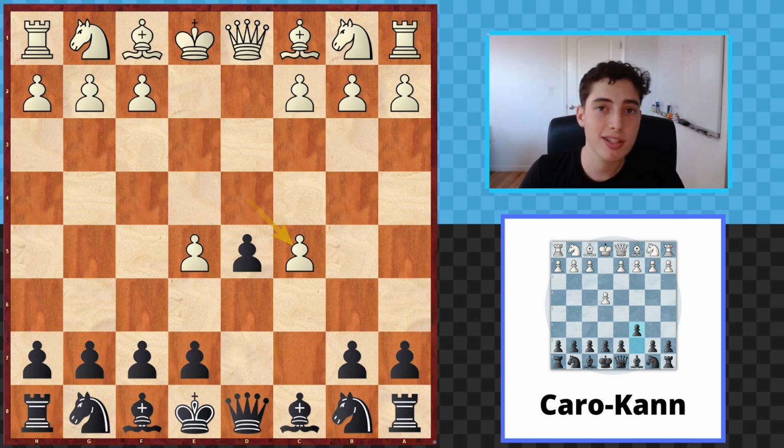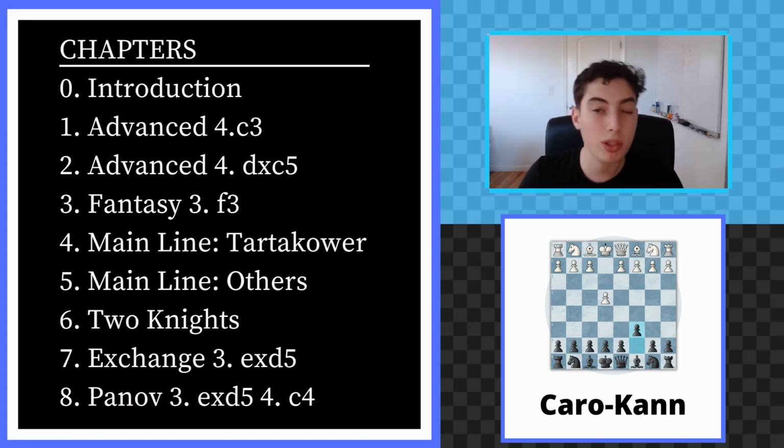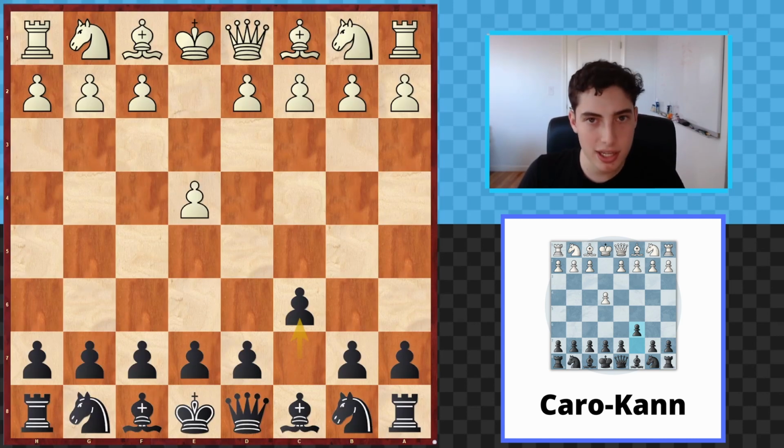If you don't know what this is, a masterclass that consists of 8 full chapters that will take you through everything that you need to know to play the Caro-Kann successfully with the black pieces. So that is e4 and now c6, and from this position we look at every single thing that you need